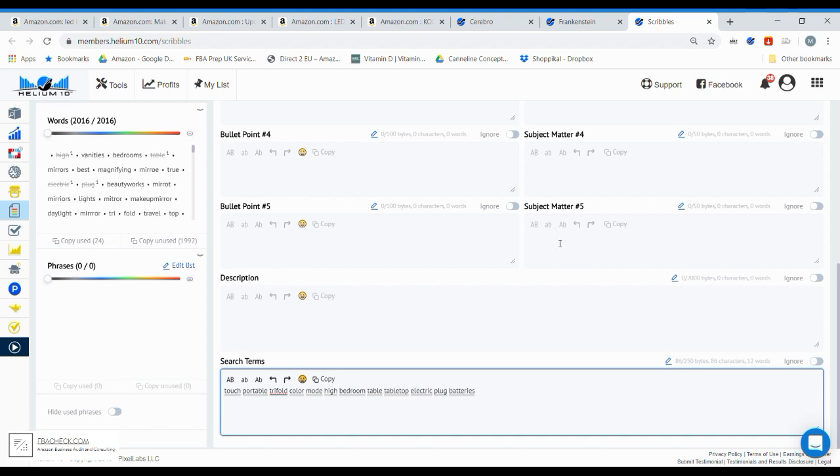Beautyworks, this is a brand. I wouldn't add it in the search terms. You can add it somewhere else if it's really important. Just be careful adding brands in the backend. Okay,